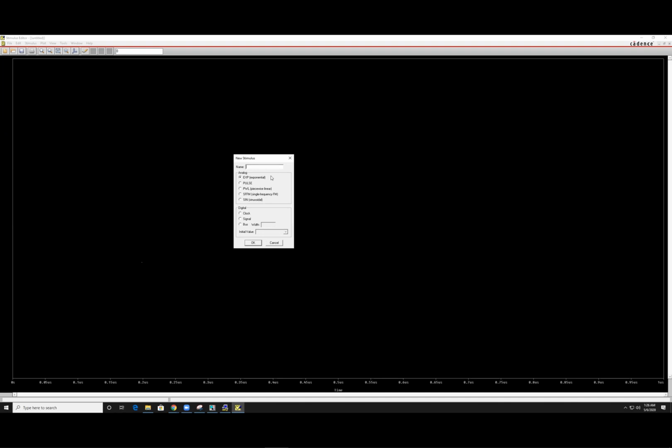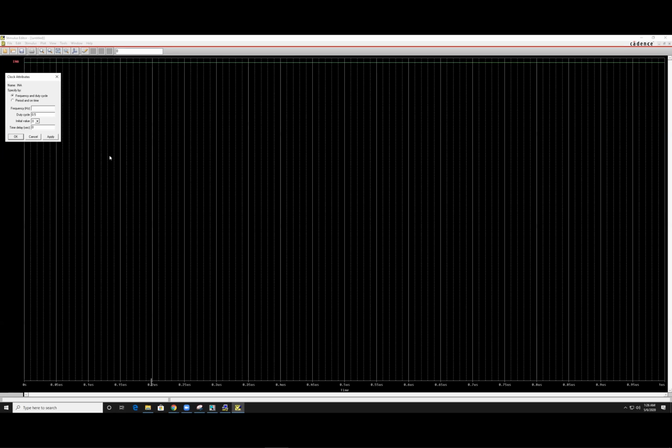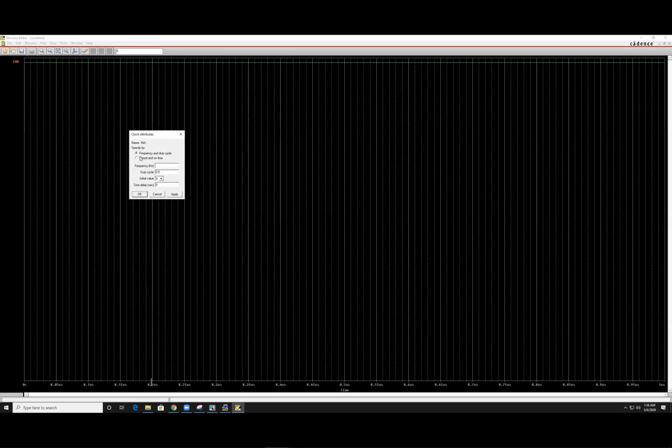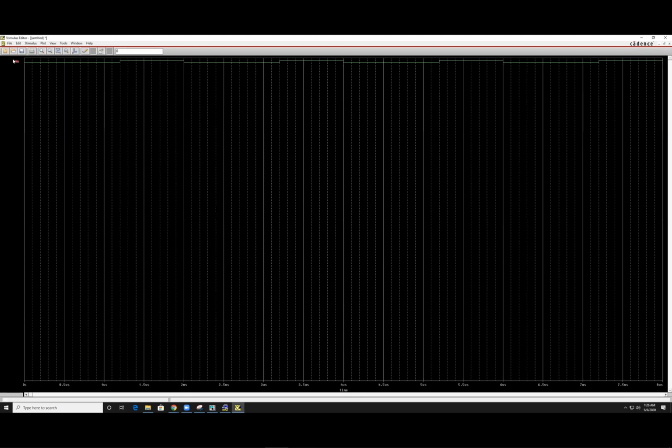So we named the high drive INA, and we will make it a clock signal. And we want to be able to set it using the frequency and duty cycle. We selected 500 kHz with a duty cycle of 0.4. And the initial value can be 0 or 1, but you need to make sure that the next one is opposite of it. So we need the low drive digital signal,